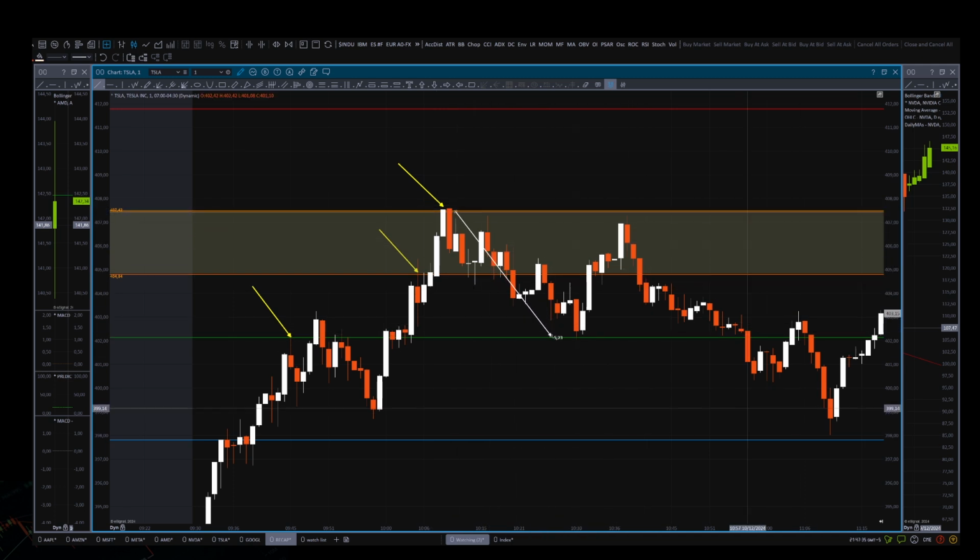This is a $5 move on Tesla down to the 0.618. The probability of this moving down to the 0.618 is a little over 70% of the time it's going to do that. So think about that. As far as risk reward goes, you're going to win 70% of the time if you take these trades. You have to know where to get the Fibonacci levels, which we're going to talk about in future